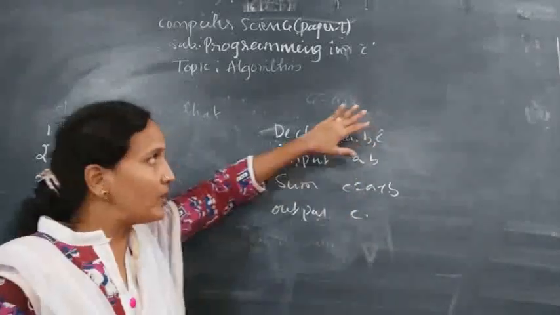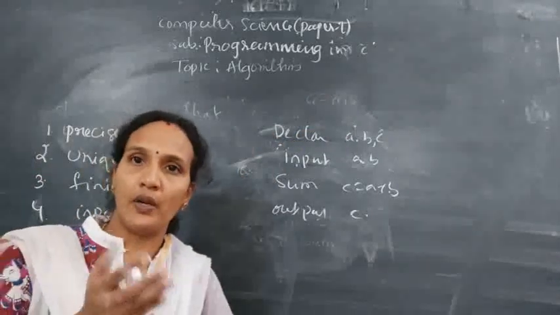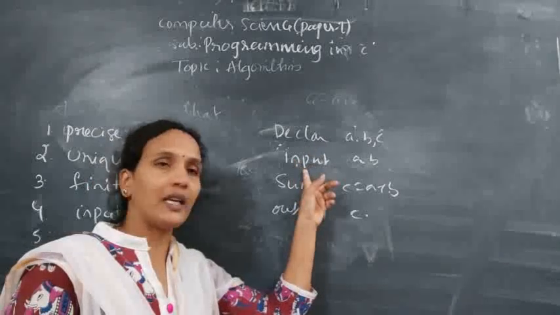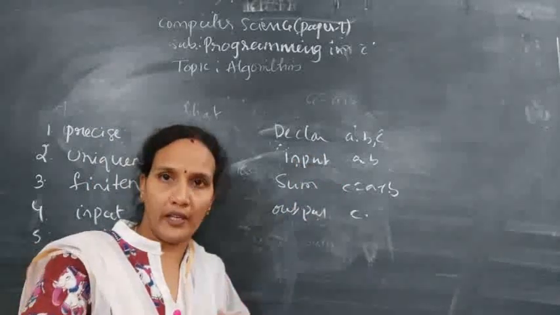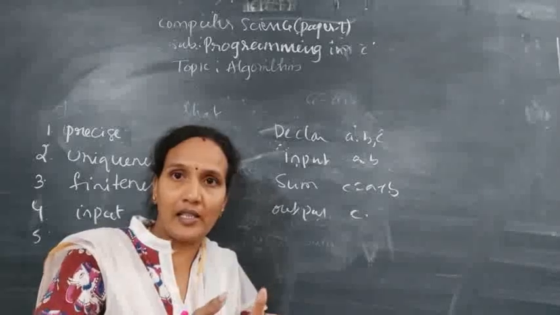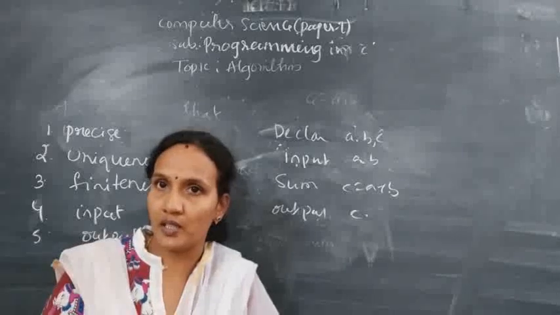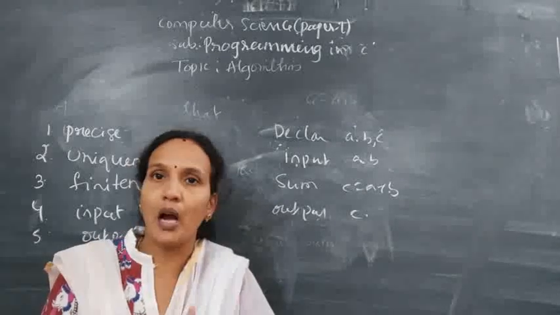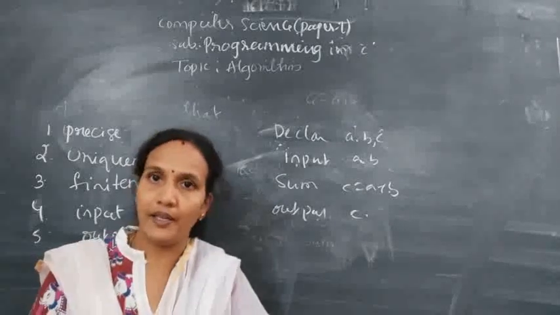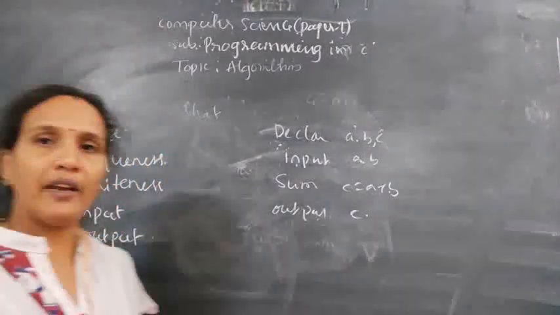So, from this step, what output did you get? That variables are declared, means some memory is given to those variables. Next, in the second step, we are storing a value. Means the current step is completely dependent on the previous step. And each and every step should give some output. That should be independent. And the next one, finiteness, means each and every algorithm.